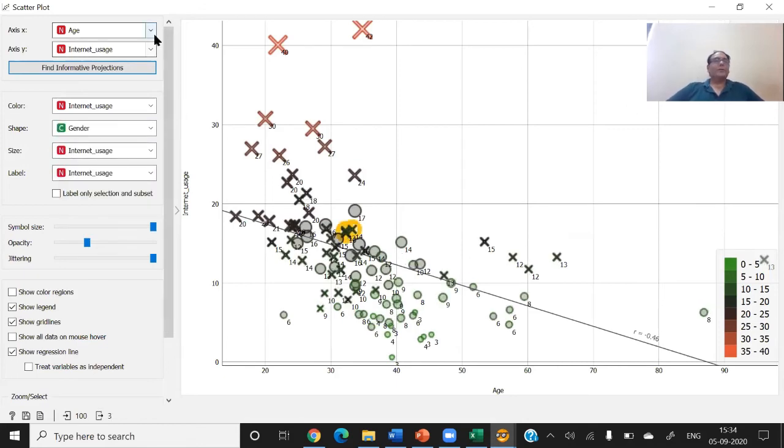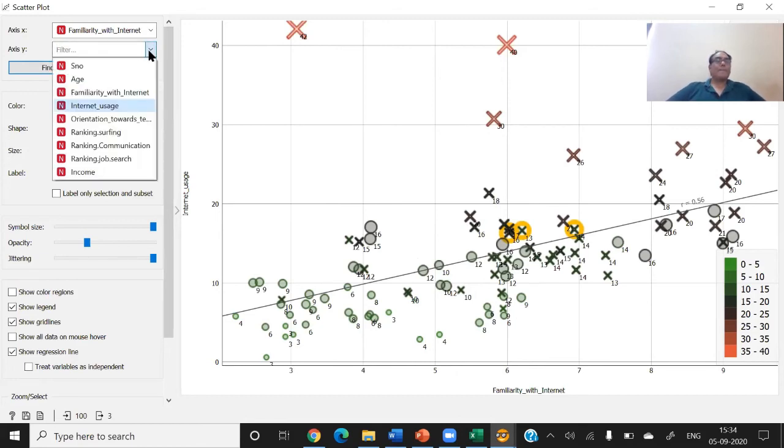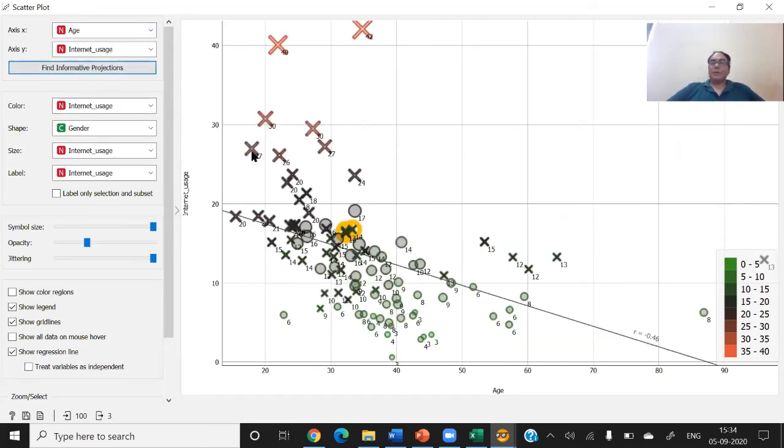Let me check it. But here, color, gender.